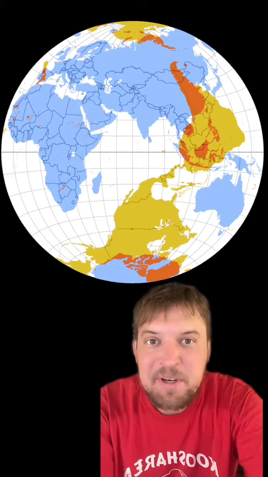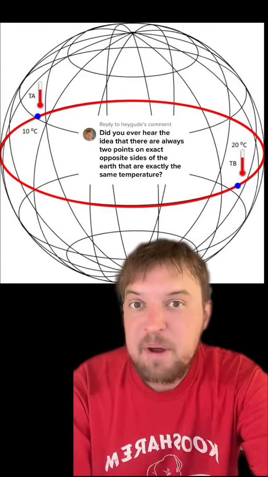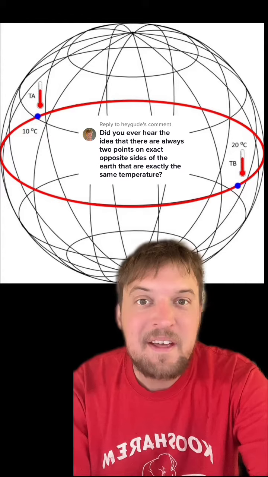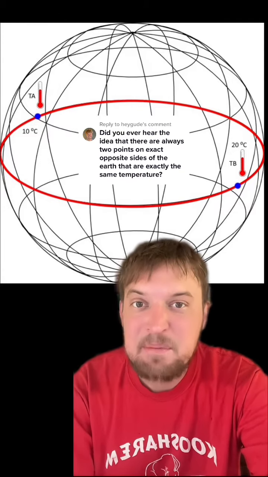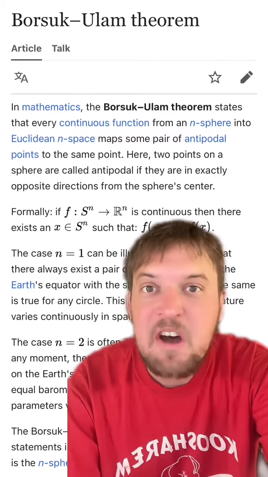Actually, a large majority of the land is antipodal to oceans. And what's weird is if you draw a circle around the Earth connecting antipodal points, like say what the equator is, then there will necessarily be a point on that circle that has the same temperature as its antipodal point. It works by a bit of math called the Borsuk-Ulam theorem and the fact that temperature is a constantly changing